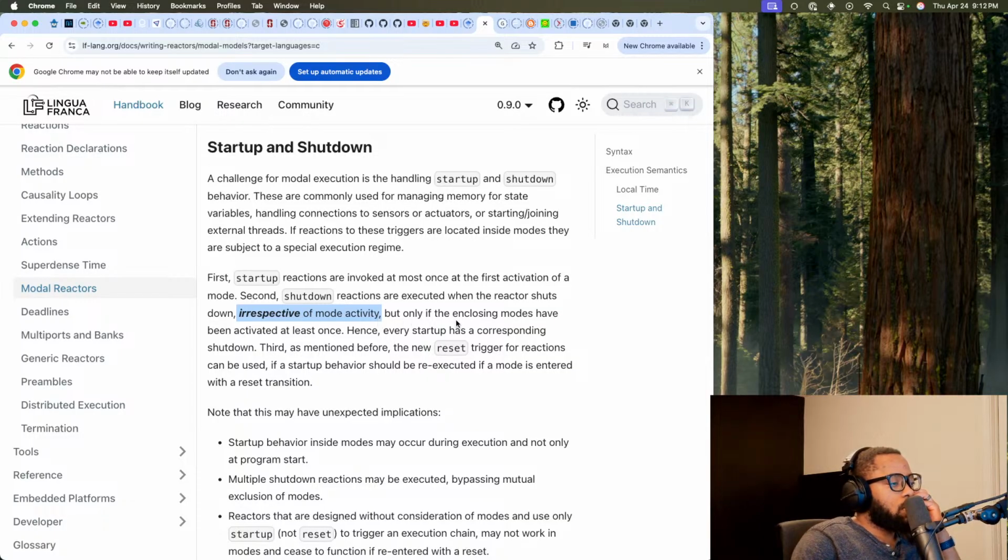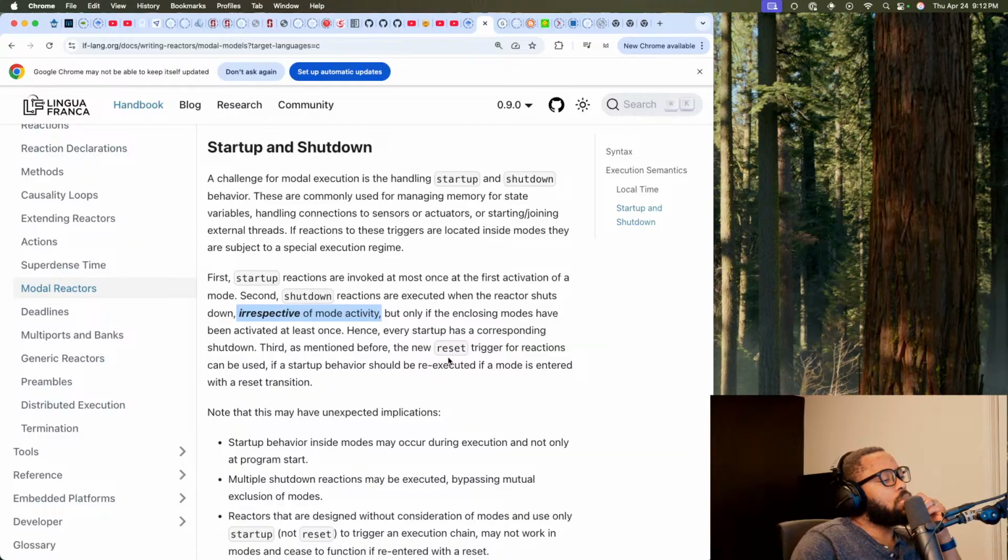But only if the enclosing modes have been activated at least once. Okay. And what if they have? So every startup has a corresponding shutdown.